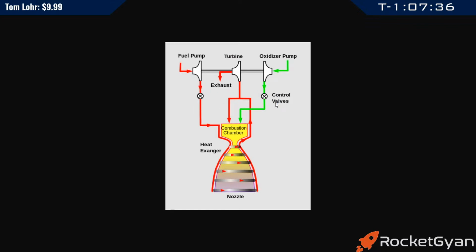So what happens in this expander bleed cycle, and why is it difficult? As the name suggests, it is an expander, so something is expanding. The fuel is pumped through the combustion chamber as well as the nozzle, which changes its phase from liquid to gaseous. Once it changes its phase, it is used to run the turbine. You can see it is fed to the turbine, and then since it's a bleed cycle,